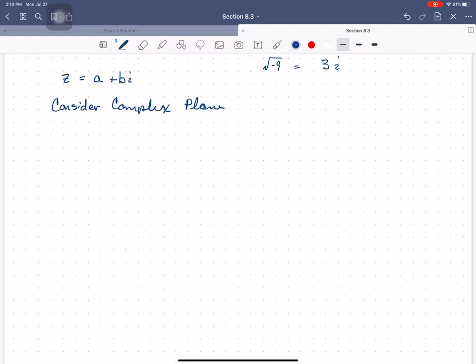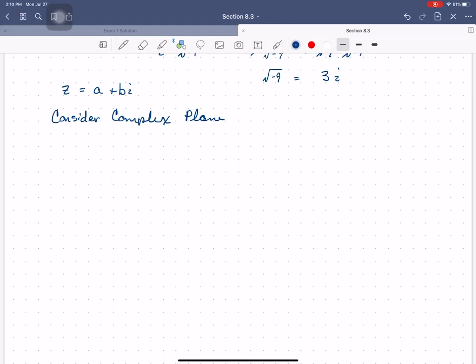So what we're going to do is make a grid, and we're going to put the real part on the horizontal axis and the coefficient of the imaginary part